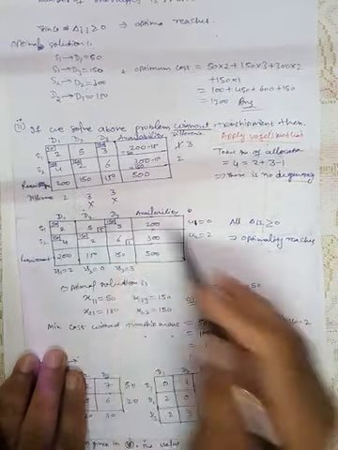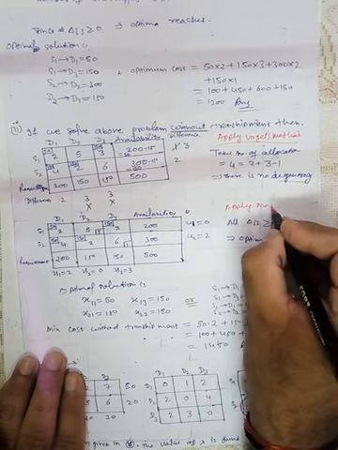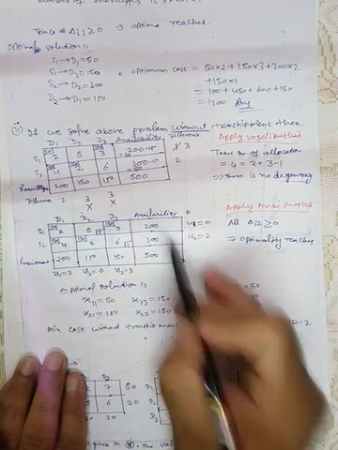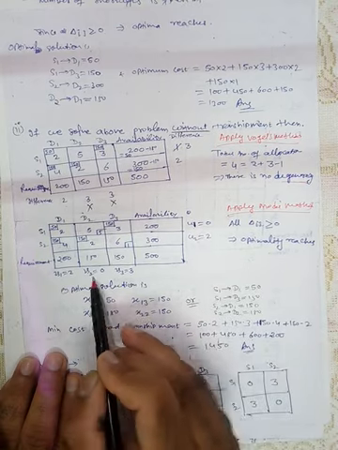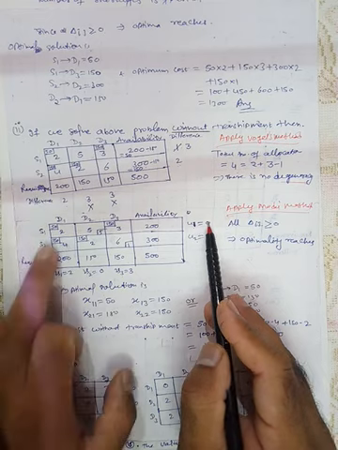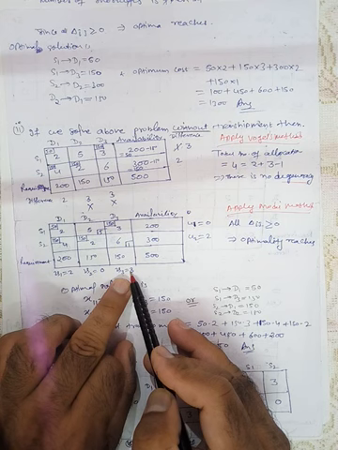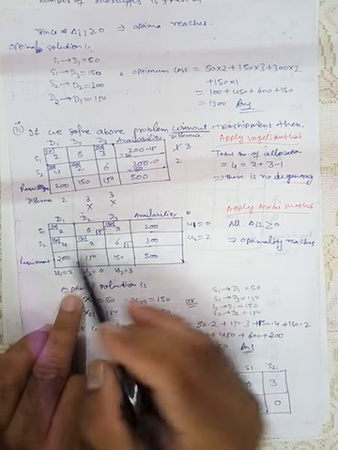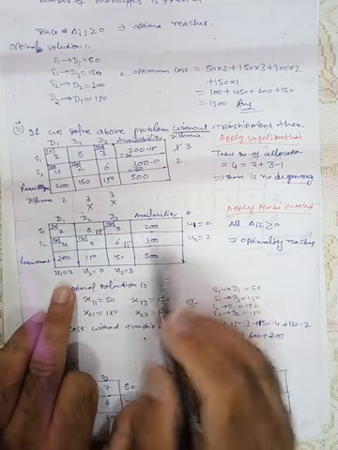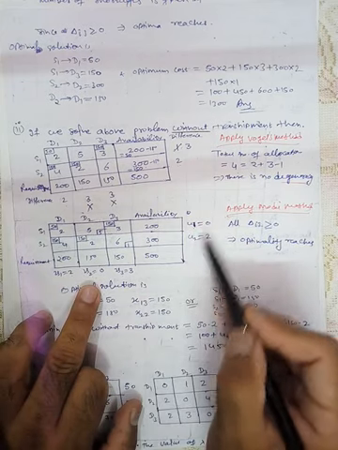Fine. Now the optimality test. So apply the MODI method. Now we are checking the optimality. So here are u1, u2, v1, v2, v3. In the first row we have 2 allocations, so put u1 as 0. Here is an allocation, so this value is 2. Here is an allocation, so this value is 3. Fine. Now with the help of these, find out the remaining values. You are already aware of the method. So now v1 is 2, v2 is 0, v3 is 3, u1 is 0, u2 is 2.